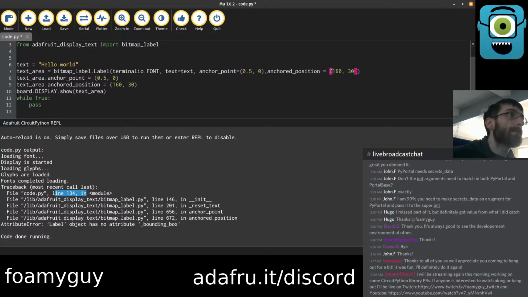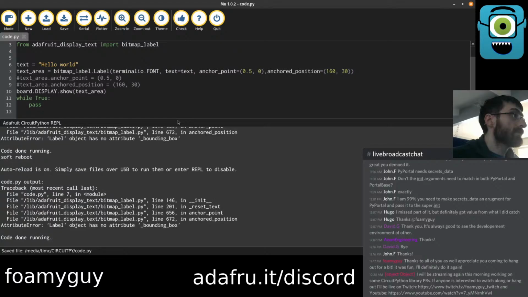There we go. There we go. Yeah, we got the same error. So it looks like it's been broken. Somewhere along the way, it got broken, and you cannot use the anchor point and the anchor position from the constructor